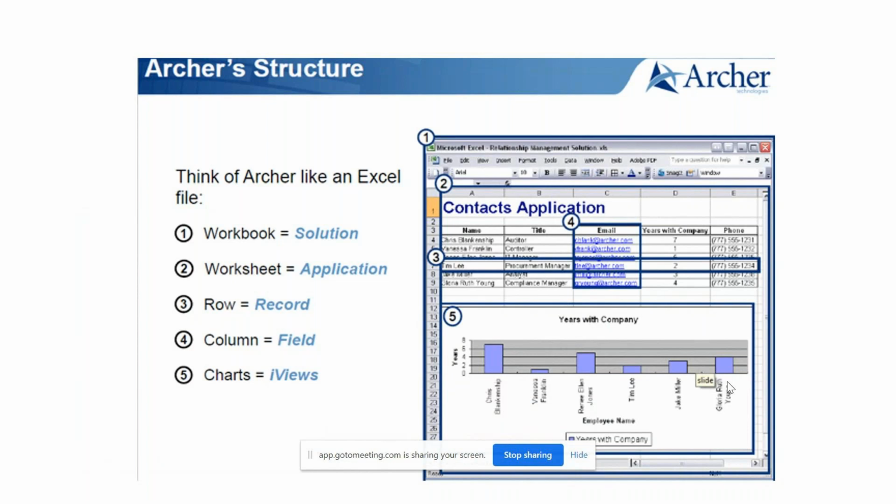So they have a solution. A solution is nothing but a kind of package. Under that, the solution will have different types of applications bundled together, and a worksheet is a separate application. So under a solution you can have multiple applications. That is what they're trying to say here. And the rows are called records, columns are called fields, and a chart is called an iView